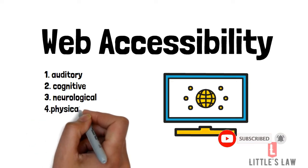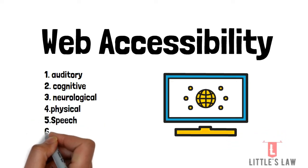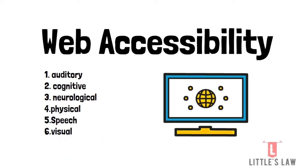This web accessibility encompasses all disabilities that affect access to the web, like auditory, cognitive, neurological, physical, speech, and visual. And web accessibility benefits people without disabilities, for example, people who use mobile phones, smartwatches, smart TVs, and other devices with small screens and different input methods, and older people with